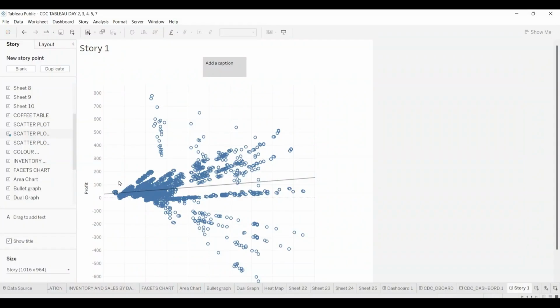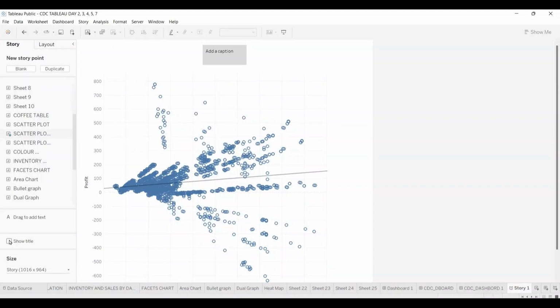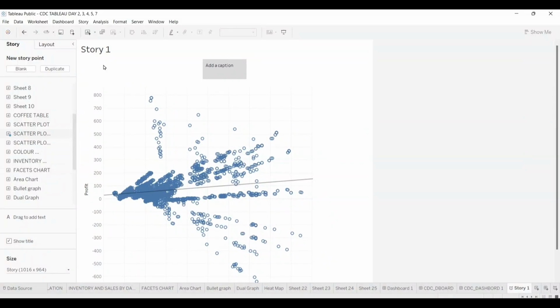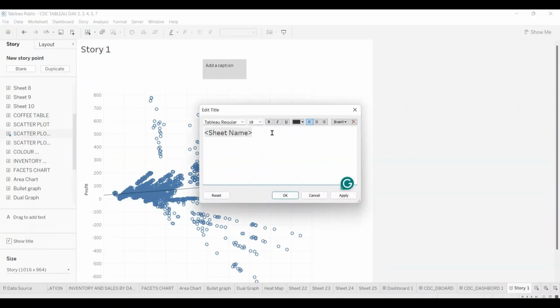Then we can go ahead and drag and add text. You can add text to your work. You can write a title. If you don't want to remove the title, you see it has gone down because I removed it. If not, it will give you the name. What name do you give it? You click it, you say, for instance,